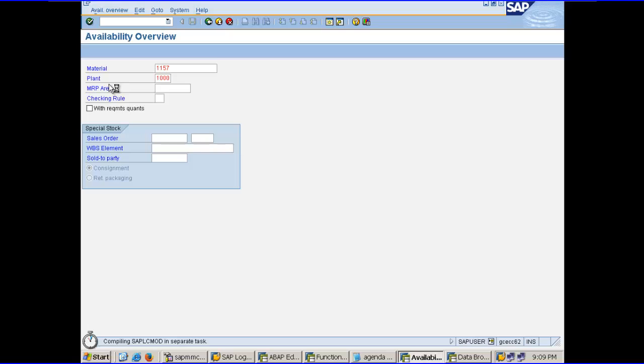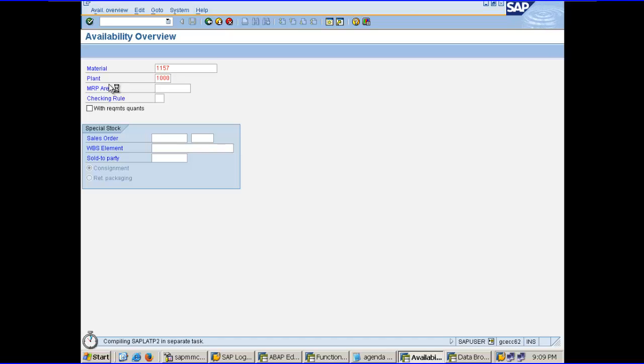So now if I want to check the availability of a material, in that case it will go and connect to my APO system, because it will try to see if any particular festival or sale period is coming and this material might be required in more quantity. That way it will show you less stock available based on the historical data. But what I wanted to explain here is that it's actually making a connection from ECC to SCM system,